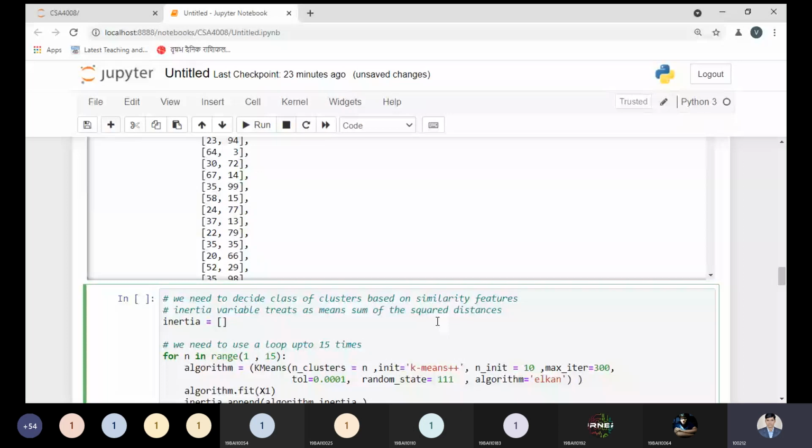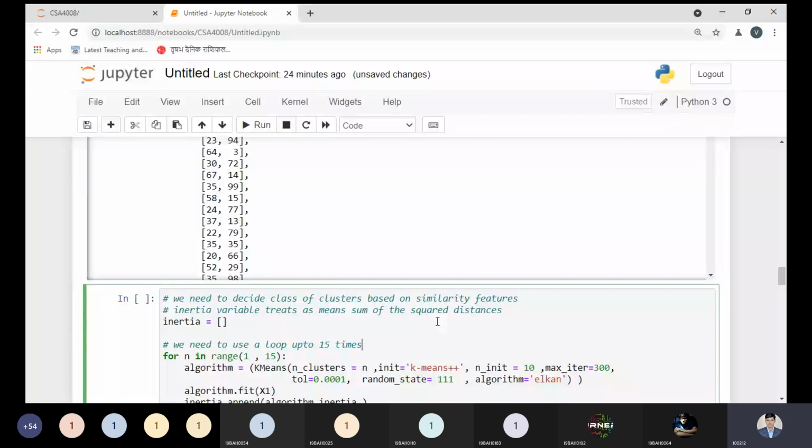If you want to extend, you can extend to 25, no issue. And from 1 to 25, or 1 to 15, we need to choose the k value at the point where we get the optimum value. So the purpose of this point is to get the optimum k value. Now this point is clear. Tell me right now. I'm using 15 times. If you want to extend to 20 or 25, then you can extend.